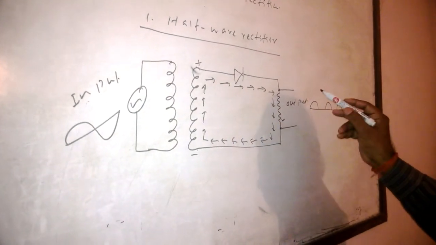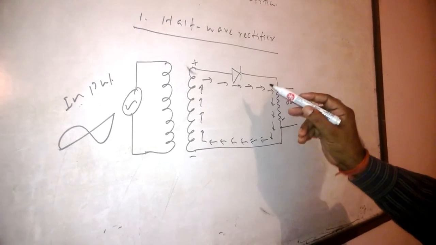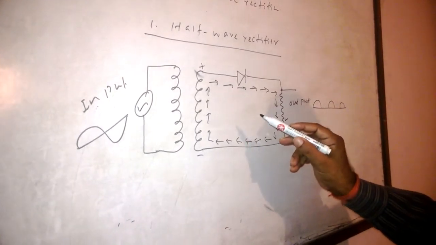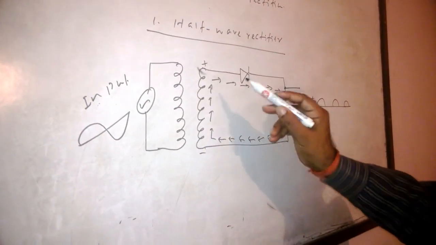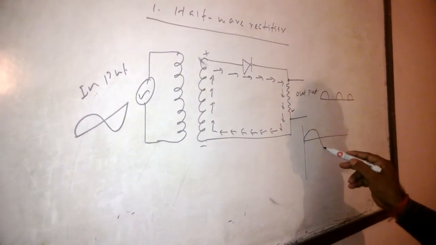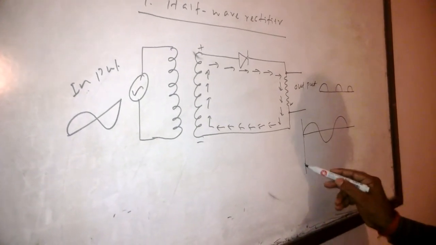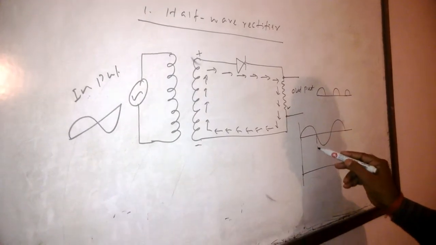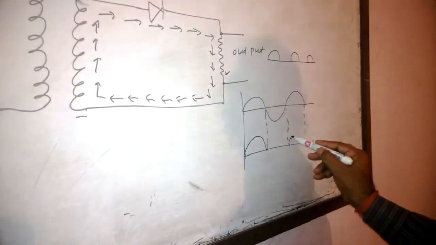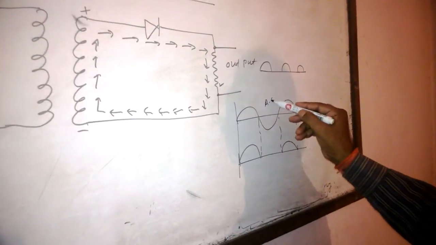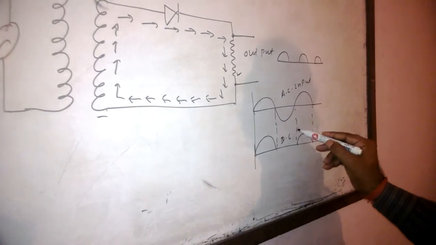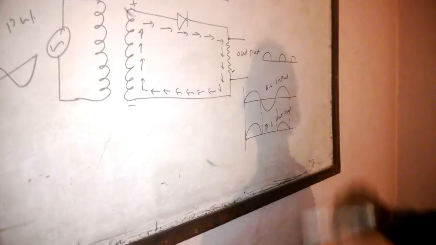In each rectification, when the diode remains at positive potential, the diode conducts. Otherwise, the diode does not conduct if it is at the negative potential. So, the full cycle of AC is converted into DC, now indicated by the graphical representation as shown in the figure. This is the AC input and this one is the DC output.